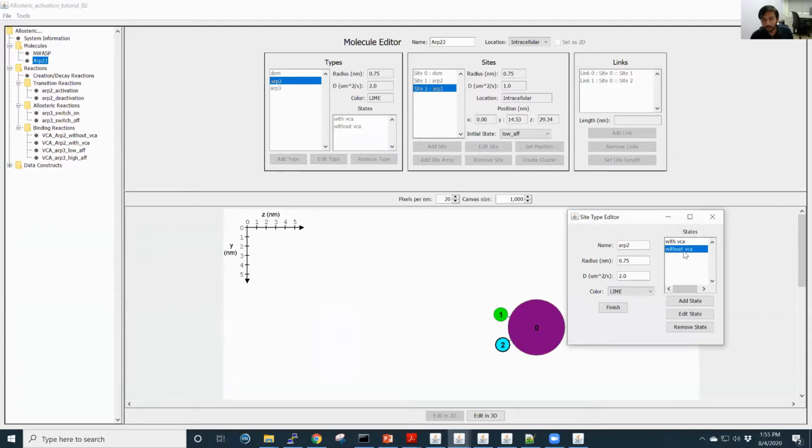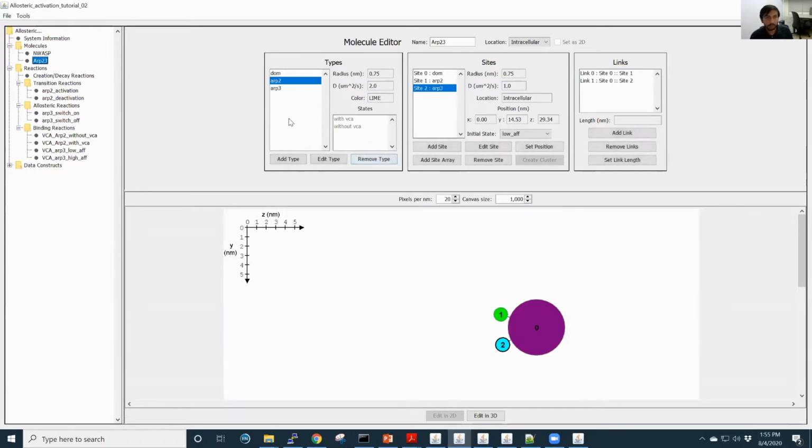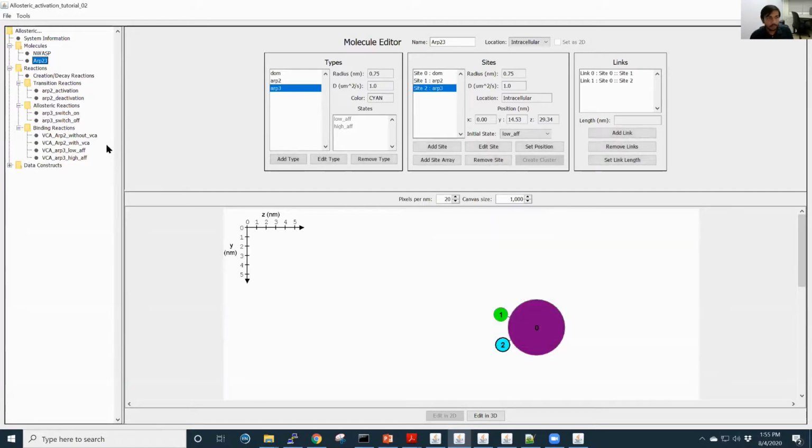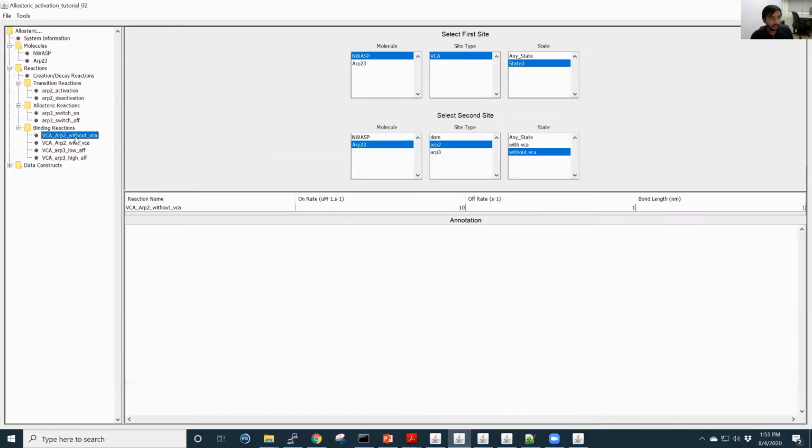I'm calling them without VCA and with VCA. That is to give a proxy for whether this site is bound to VCA or not, right? So depending on that, it can remain in these 2 different states. And depending on that, ARP23 can be in these 2 states, this low affinity state and this high affinity state. So once you define that molecule with those different states, you go here to the binding reaction tab, and